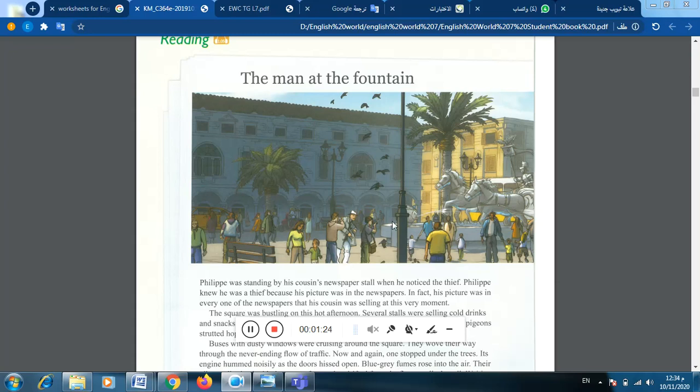So this is a fountain, okay, and in the middle of the fountain there are two horses, as you see in the picture. And here are some people. They are tourists. They come here to take some photos and to have a nice time. Okay, now we are going to read this